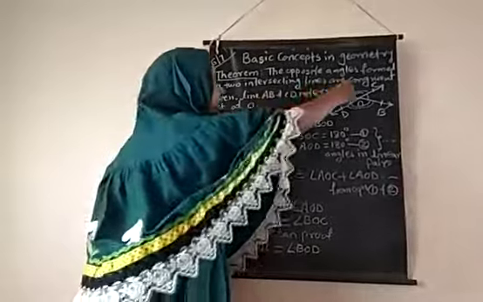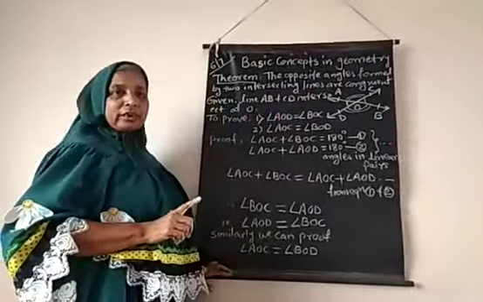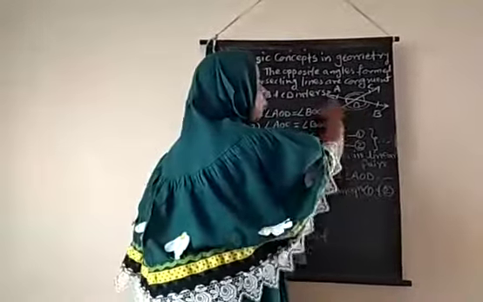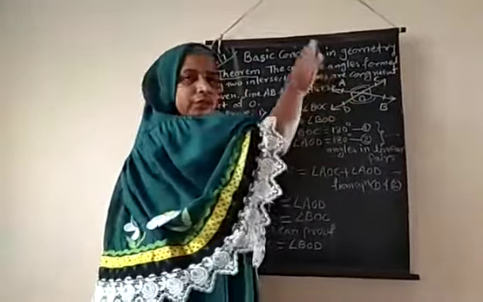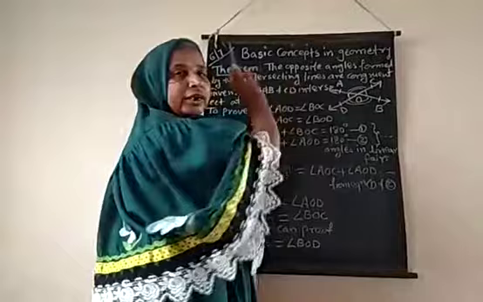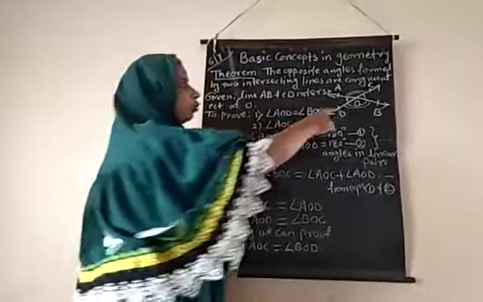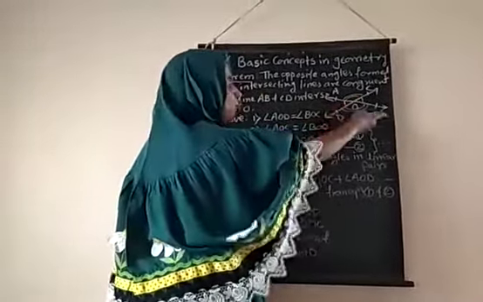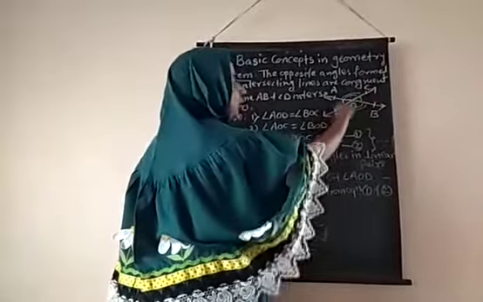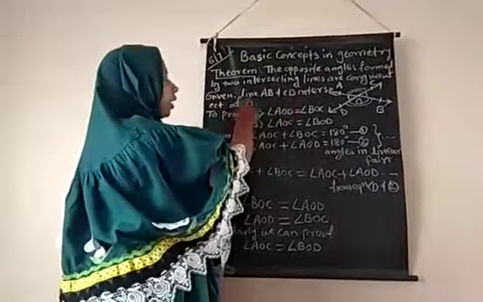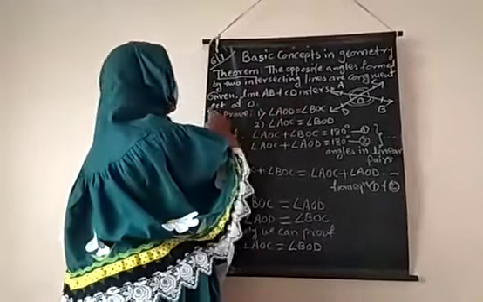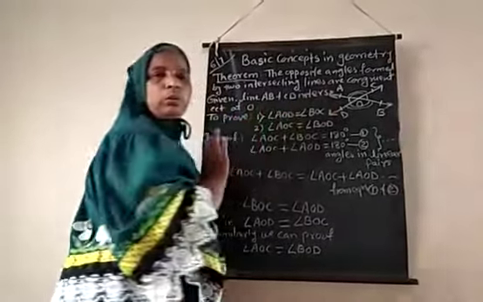What types of lines are they? They are intersecting lines. So first we draw the figure. Then from the figure, whatever names we have given, only those names we use to write down the given. So this is the figure where we show line AB and line CD intersect at point O. The same we write here: line AB and line CD intersect at point O.